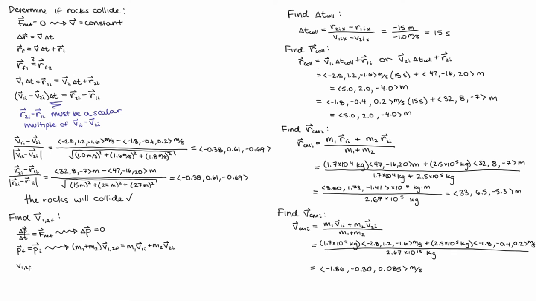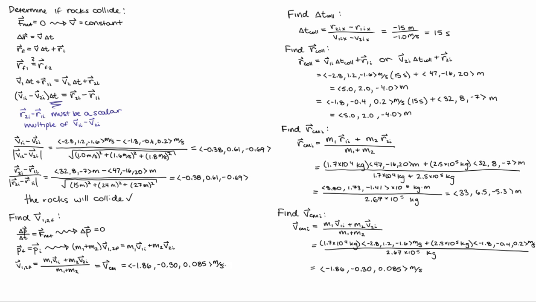Dividing both sides by the sum of the two masses gives us v12 final is equal to m1 v1 initial plus m2 v2 initial over m1 plus m2. This is, of course, just the formula for center of mass velocity again. As we expect, since when no forces act on the system, the center of mass velocity should not change. Thus, the final velocity of the combined masses is just negative 1.86, negative 0.30,